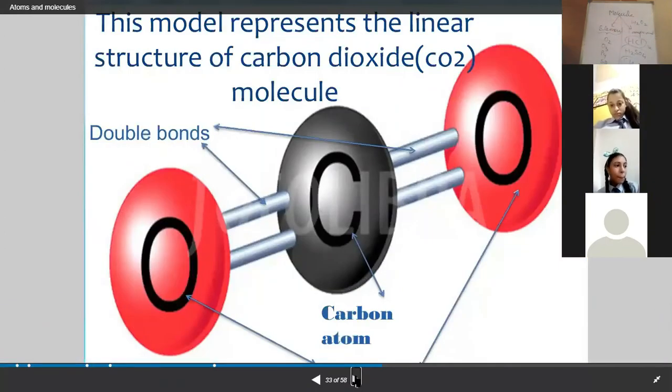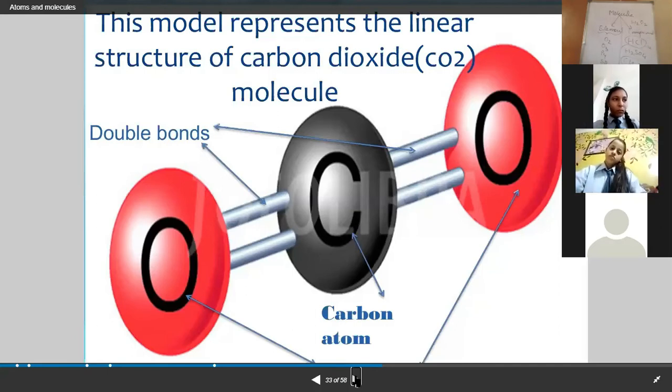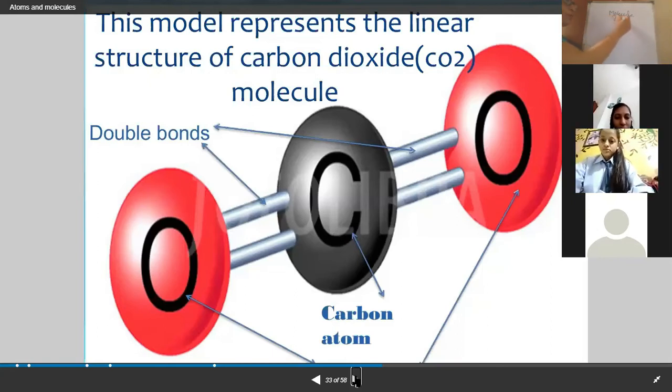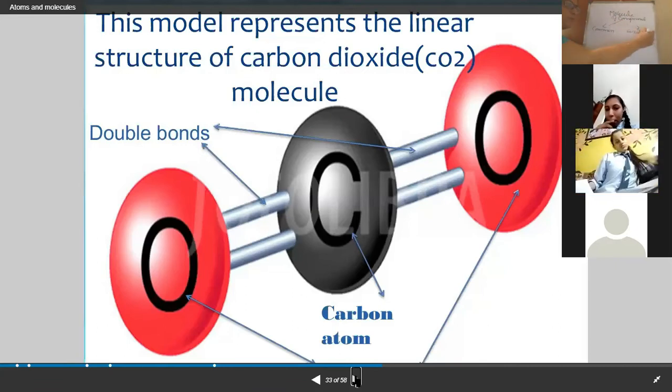We have the structures of different molecules. But before we discuss the structure of different molecules, we have to understand how to name the molecule of a compound where two different elements are involved. A molecule of a compound can have two names, one common name and one scientific name. Somewhere their common names are so popular that we don't bother to give them the scientific name, right?